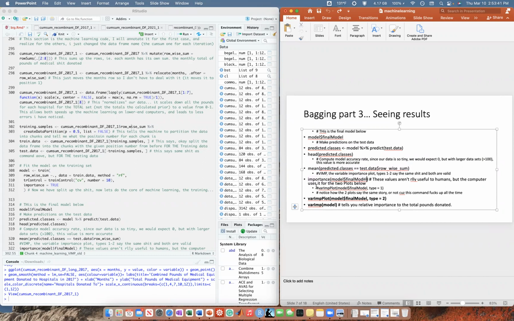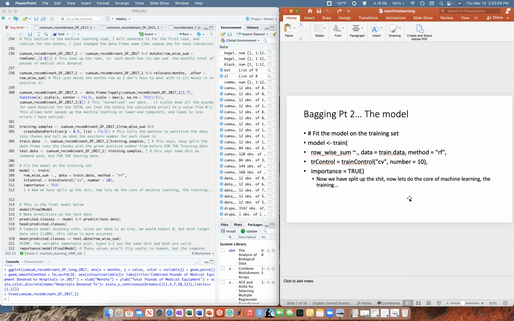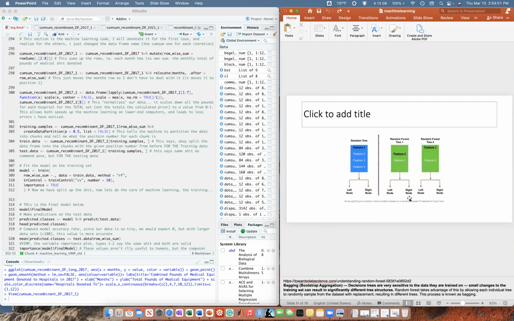This tells you the importance, and this stuff is inconsequential. This just tells you the textual stuff I showed you in the next slide. These two are important though. So this generates the model variable importance plot. This just tells you the numeric things in a cleaner format. Just like that. Cool. Is there anything else? Cool. Okay, let's go.